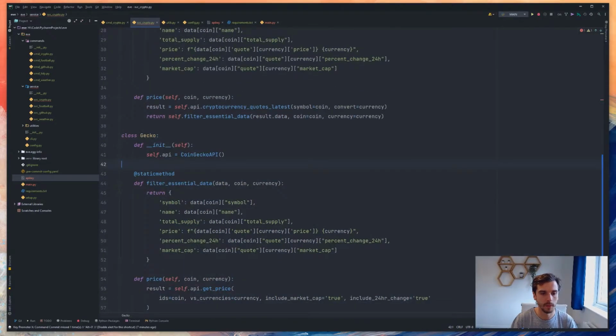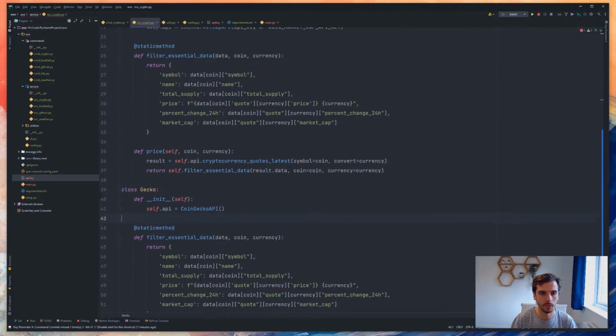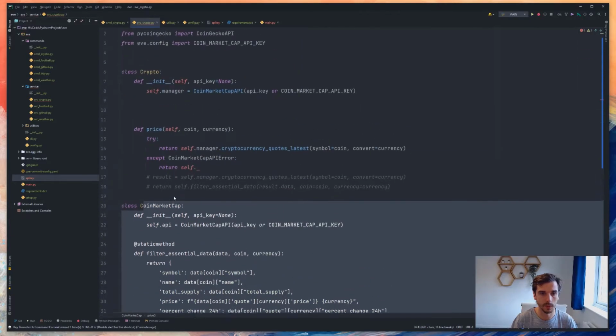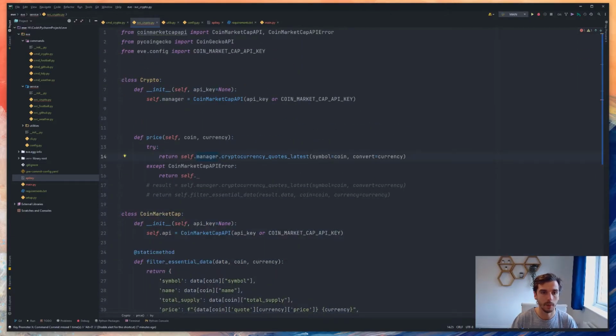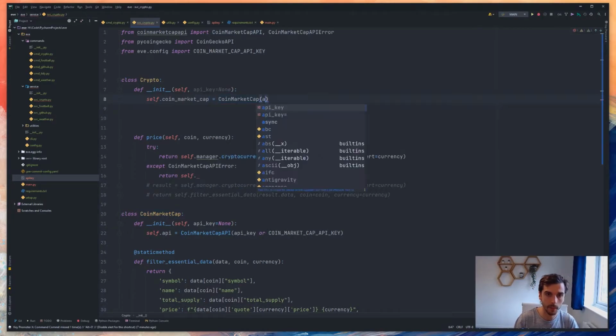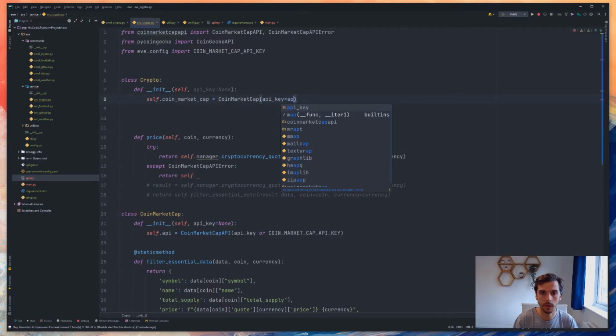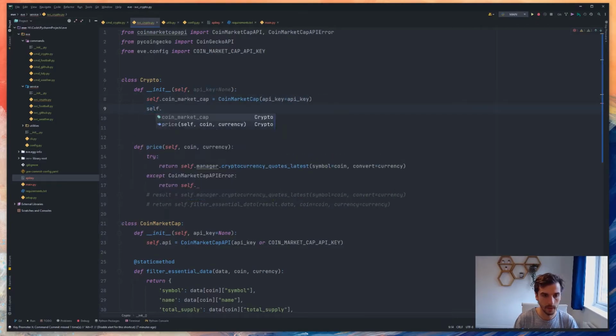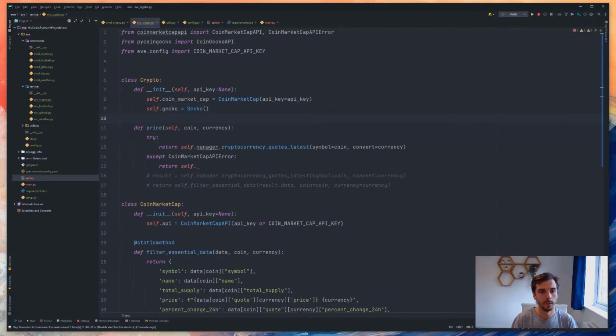So we have the Gecko API, which is going to get Gecko cryptocurrency information, and the Coinmarketcap API, which is going to get Coinmarketcap information. And then we can come in here and we can say this is Coinmarketcap, and this is going to be Coinmarketcap, and API key is equal to API key, and then Gecko is going to be Gecko API. So we've now got two basically classes, and what we can say is I want you to either return me